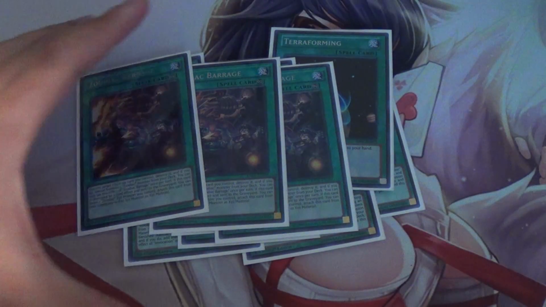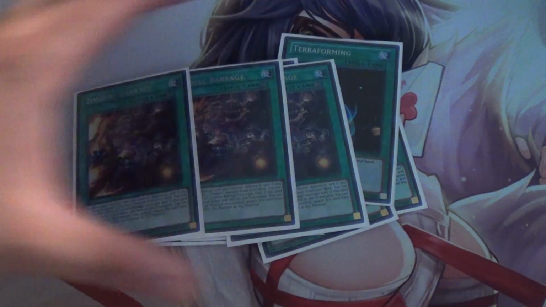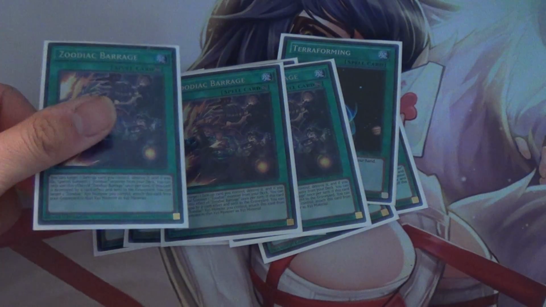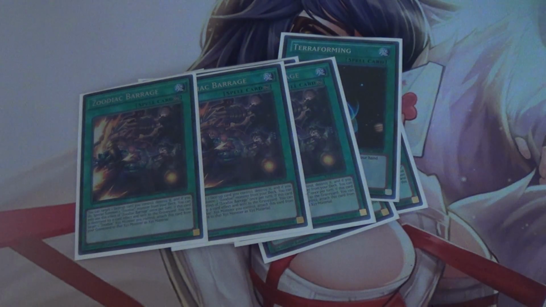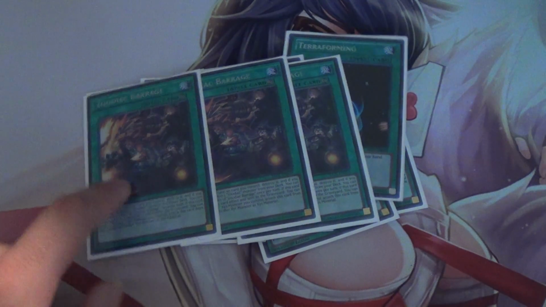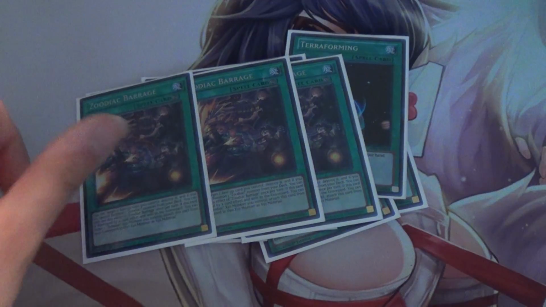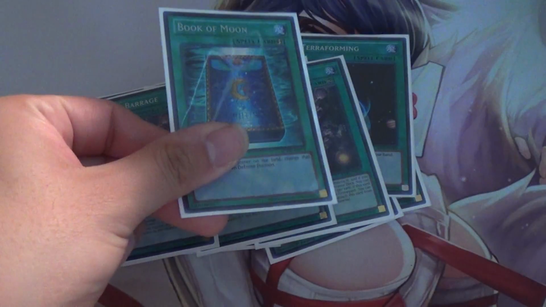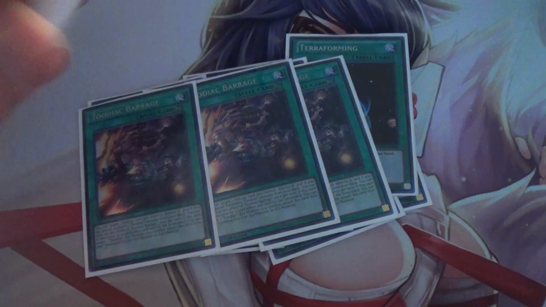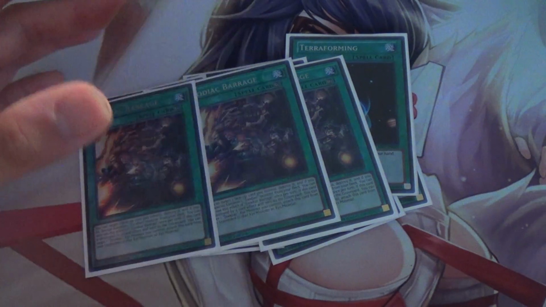3 Barrage, because Barrage is absolutely insane. Opening a Terrortop or a Barrage in this deck is one of your strongest opening plays. Barrage is really good, and OTC currently has a Scar ban, and there's a good reason why. So 3 Barrage, 1 Book of Moon, because Book of Moon is really good right now against any of